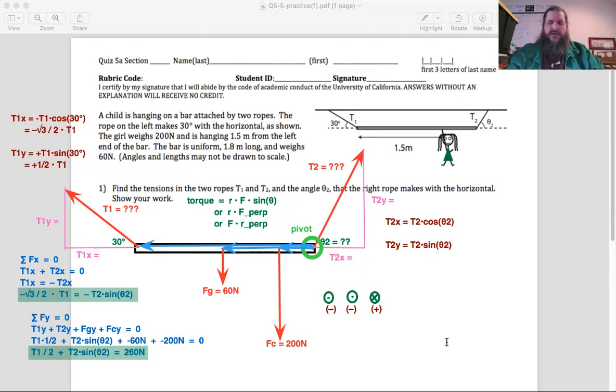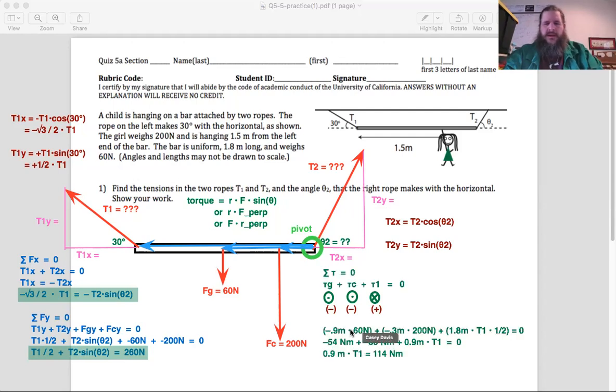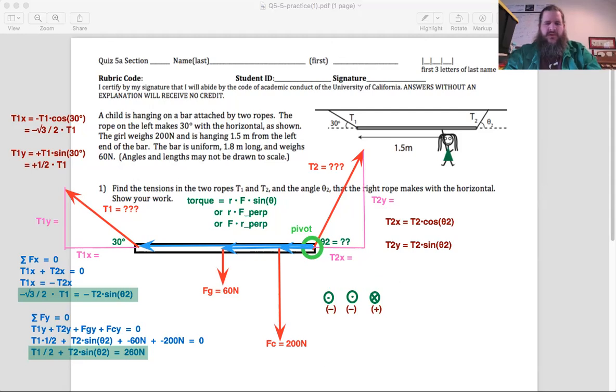Yeah, that should work. And 54 and 60 would be 114. So we add 114 Newton meters to both sides. And yeah, divide by 0.9, that's same as multiplying by 10/9. So T1 is 114 times 10/9. Meters cancel out, so we just get,